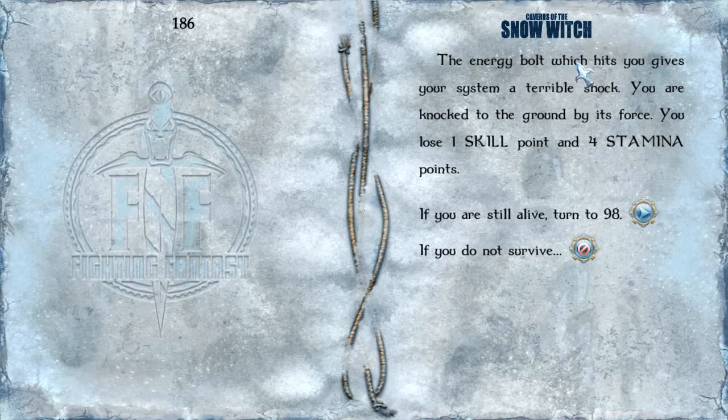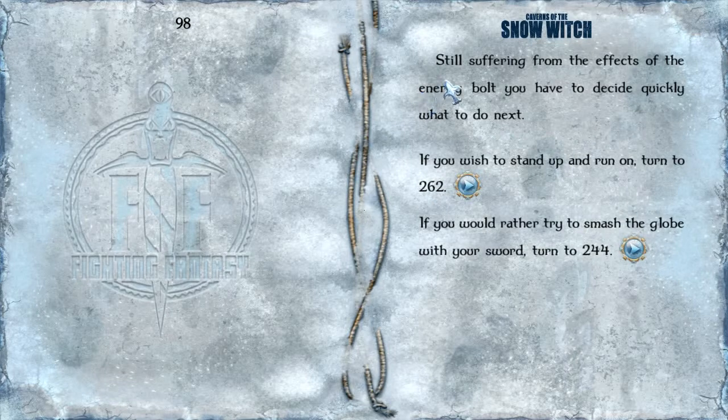The energy bolt which hits you gives your system a terrible shock. You're knocked to the ground by its force, and you lose 1 skill point and 4 stamina. We're still alive, though. Still suffering from the effects of the energy bolt, you have to decide quickly what to do next. If you wish to stand up and run on, if you rather try to smash the globe with your sword,